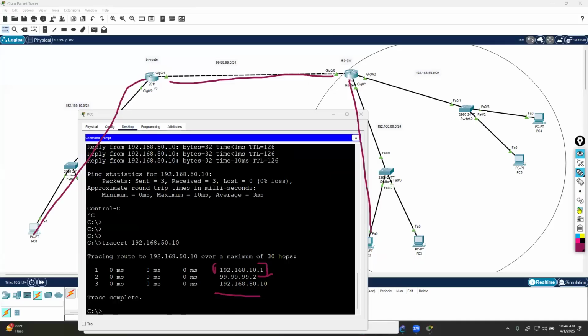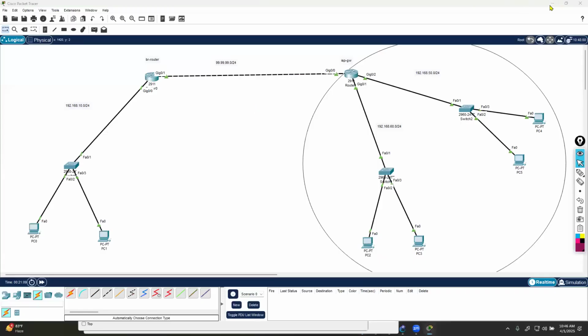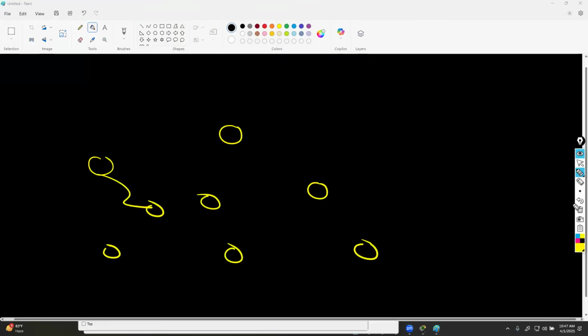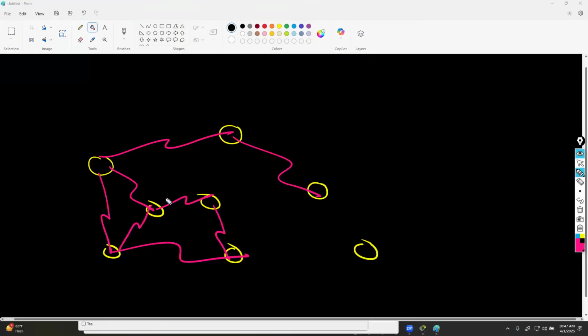Very clear. So now, in static routing and default routing, what is the benefit of static routing, and what is the disadvantage of static routing? Let's talk about the disadvantage first. If I have a collection of routers in this design and I want to configure static routing, for example,